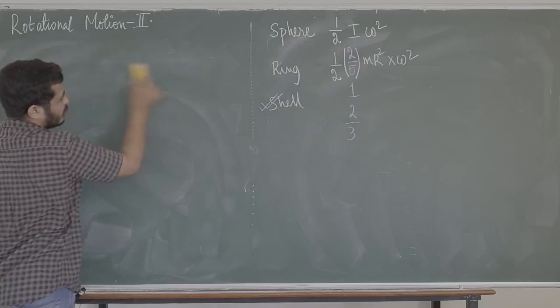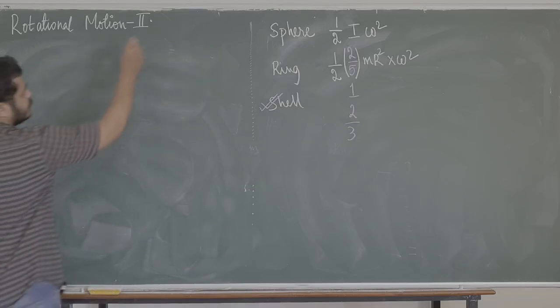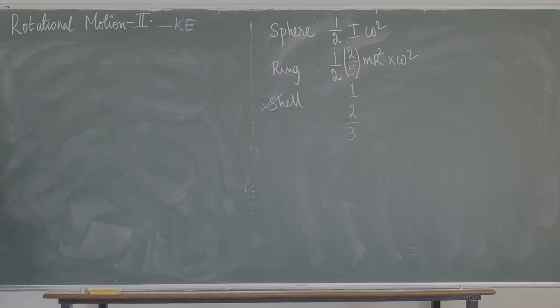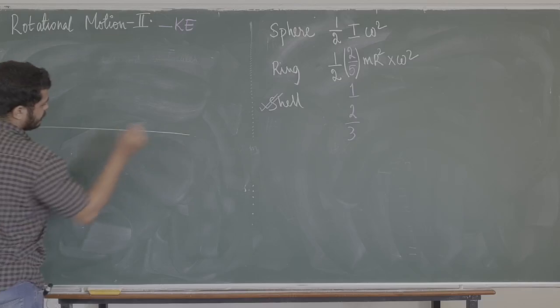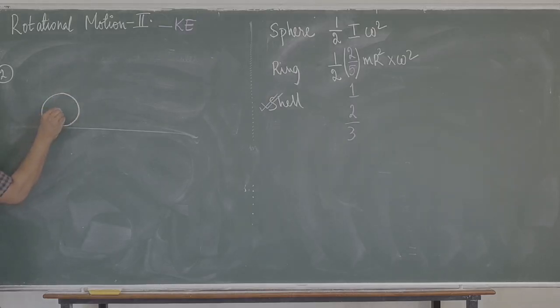All of these are problems on kinetic energy, so keep that in mind. All of these questions will be on kinetic energy, and later on we'll go for angular momentum. Let us say, second problem, there is a floor. Let's not confuse you. There is no floor. There is only a disk, and the disk is moving in a straight line.